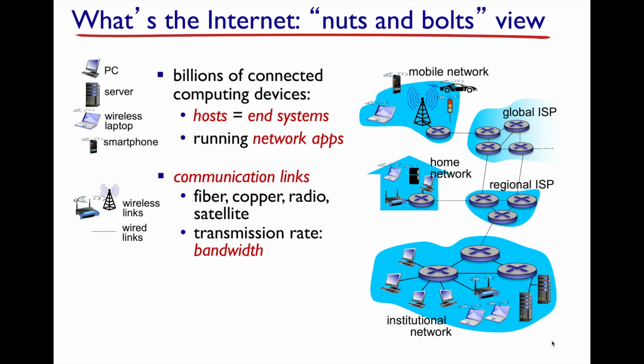And so you have these communication links, and these communication links, based on the nature of the link and interference in the environment and stuff like that, can transmit data at a fast rate or maybe at a slower rate. And so what you're concerned about with these links is both the physical composition of this link, be it wired, fiber, or wireless, as well as the bandwidth, how fast it can communicate. Now, that speed of communication is called bandwidth because that translates to the amount of data per unit time that